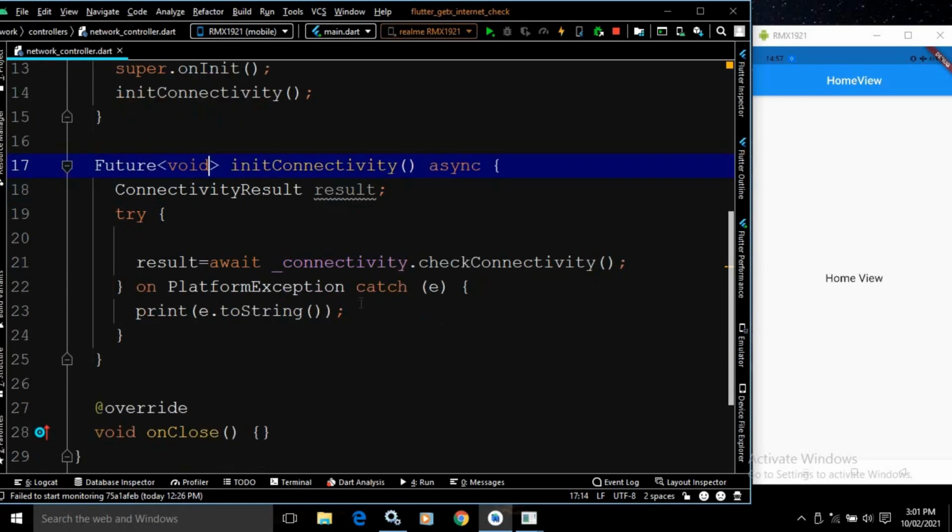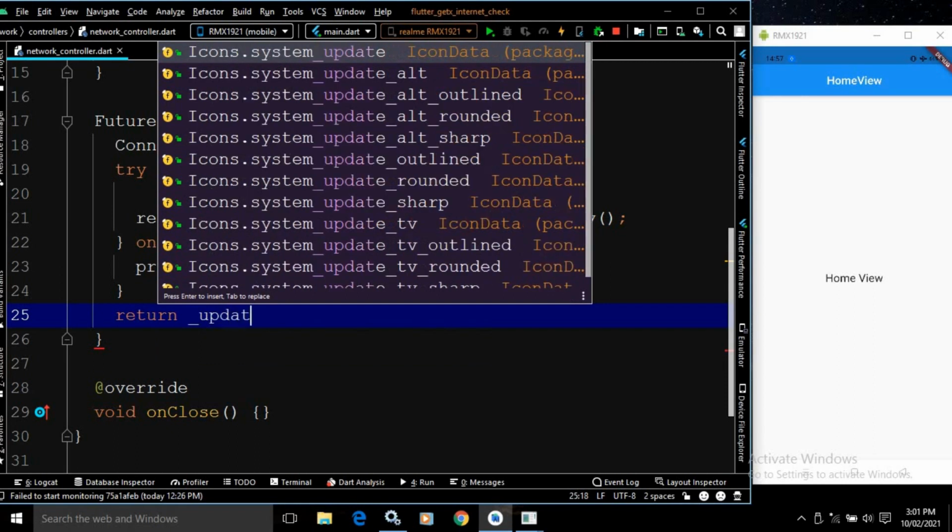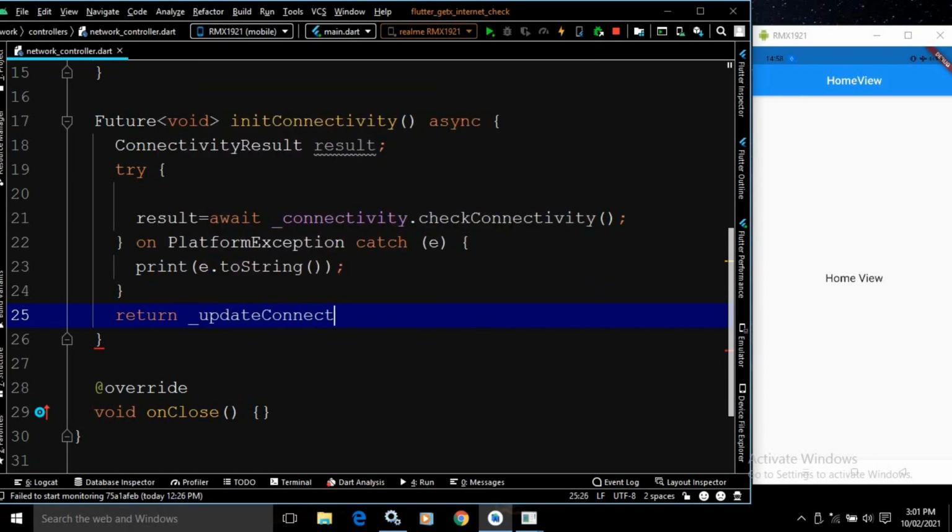Now whatever type of connection there is, that is stored inside the result variable. Now I will return, and here I will call another method, updateConnectionStatus. Inside updateConnectionStatus, I will pass the value of result.